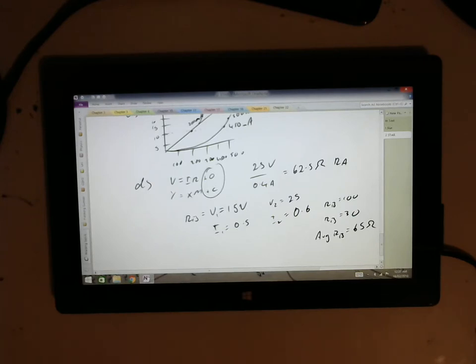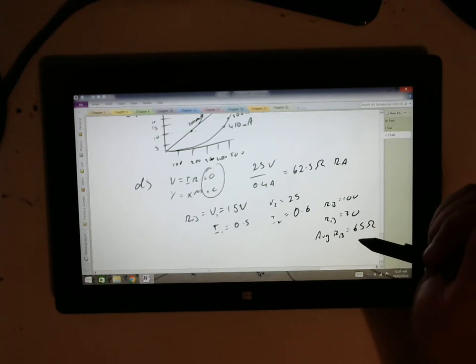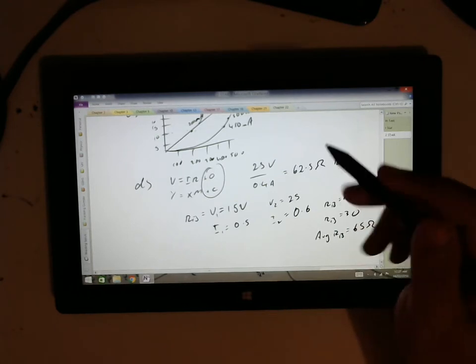Could be a quadratic equation. It could be like that. But there's no reason you couldn't use the points to work it out. I don't like doing those things. It's really sucky, but it is what it is. But the emphasis I really want you to take is that it's the gradient you want on a voltage current graph to work out the